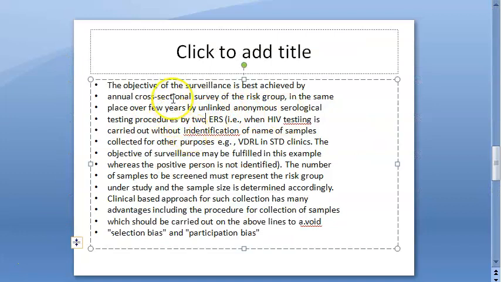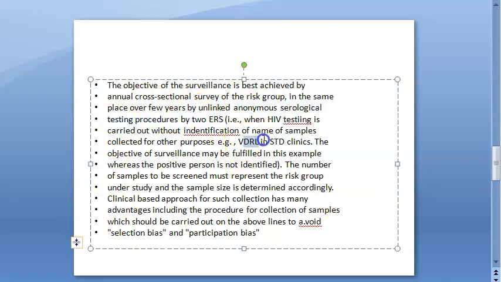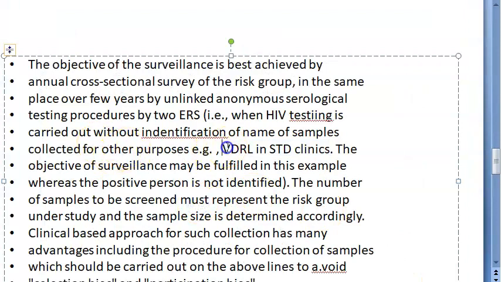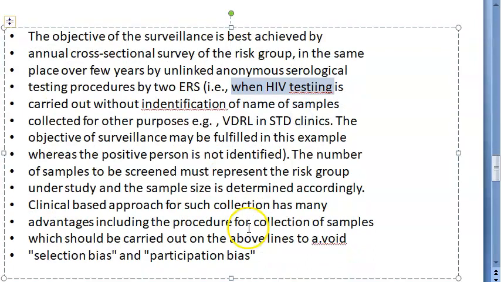Okay. What is the objective? Same thing they're explaining here. A risk group. Here they're talking about some VDRL in STD clinics, and you would have collected for others, but you will check it for HIV also, looks like that is right. So something like that. Please look at this if you want. So you will carry it